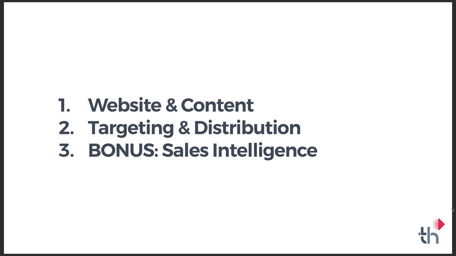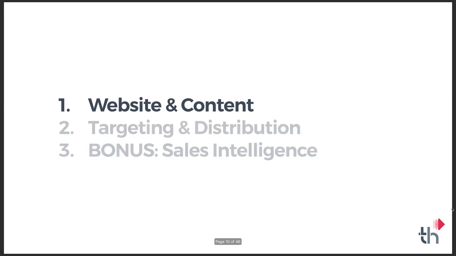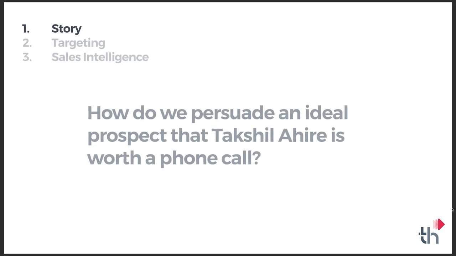The first one's website and content. The second one's targeting and distribution. And then finally, there's some sales intelligence and a posture of listening and making sense of all the inbound activity that you're generating. So when it comes to website and content, the real question we ask is this: how do